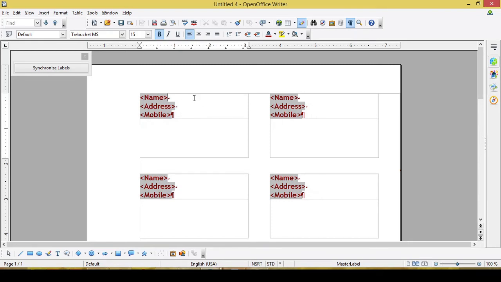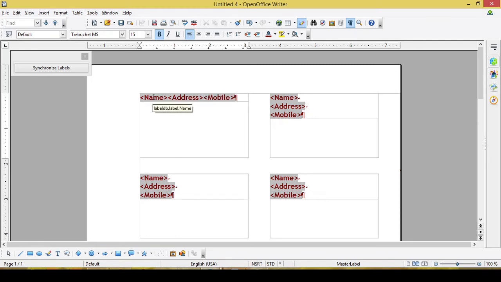Now to remove this line break with the paragraph mark, first place the cursor at the end of this line and then press the Del key. Here also I want to remove this line break, so I'll keep the cursor at the end, and then I'll press the Del key.